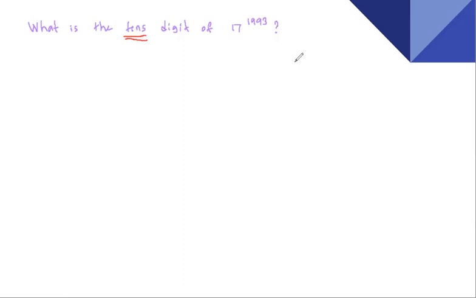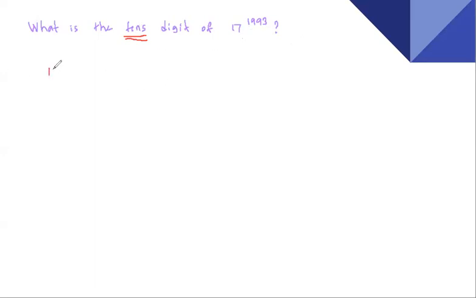If you are not familiar with mod, this might be a bit of a challenging question, but it's basically taking the remainder. So we have 17 as a base, and we'd like to find the tens digit of this huge number. Usually, if you are looking for the last digit, we just take mod 10, because if you divide a number by 10, the last digit is your remainder. But now we are looking for the tens digit, which is why we want to find mod